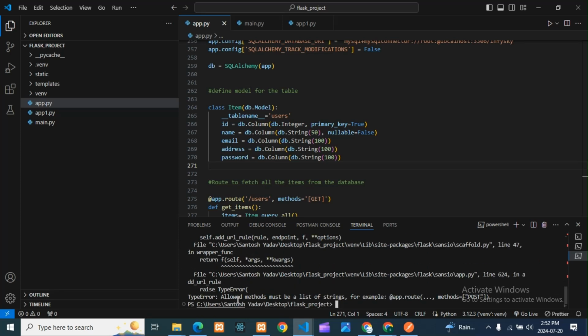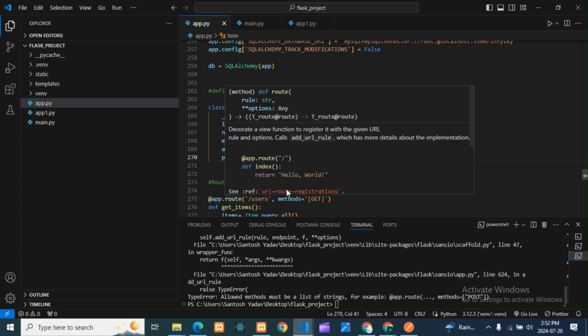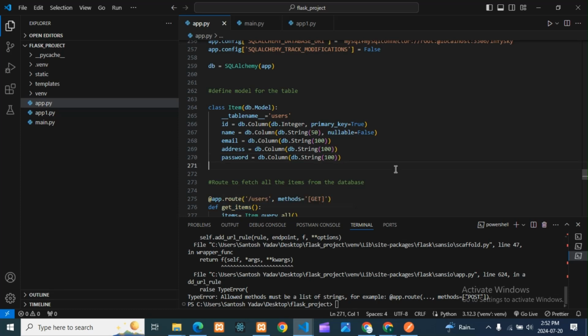Okay, again what is the error? Method must be a list of strings, for example app.route. So here it is correct, right? app.route users.